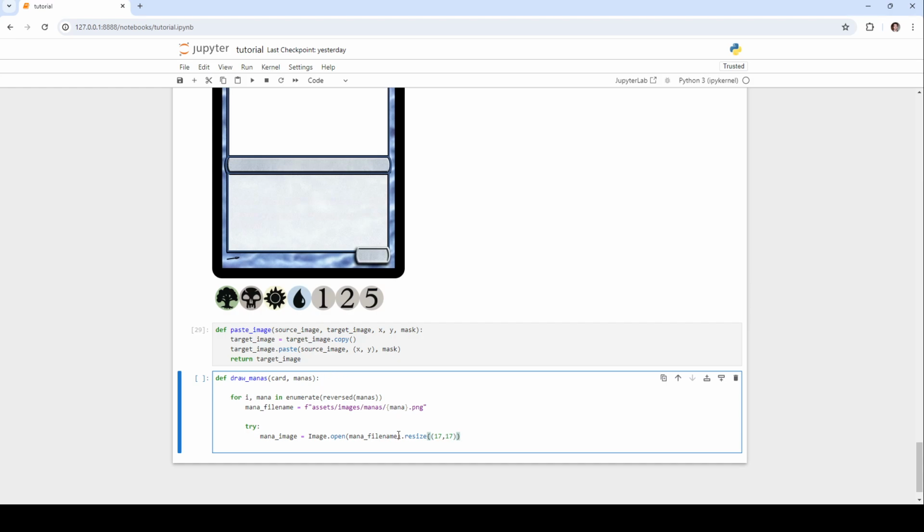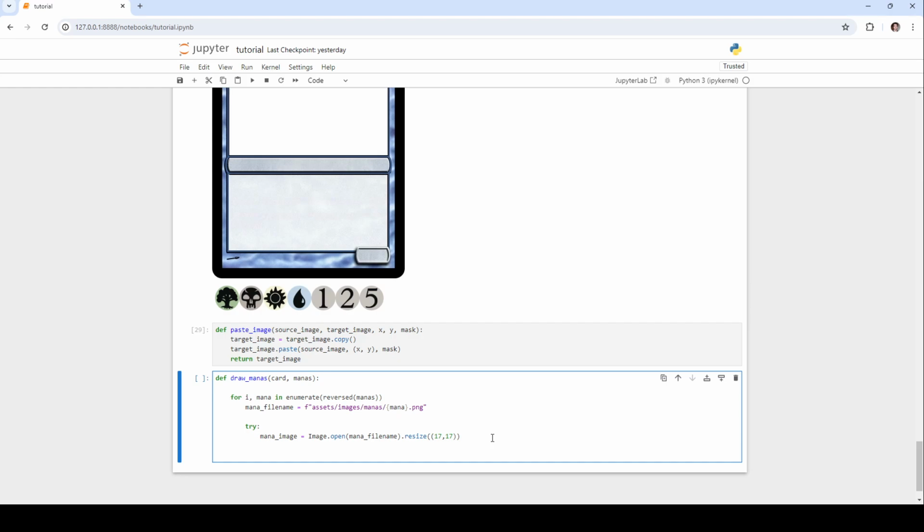So here we load the mana asset image, so one of these, and then we resize it to the proper size it has to be placed in our card. So then card paste image, source image equals mana image, target image, we have card, the next